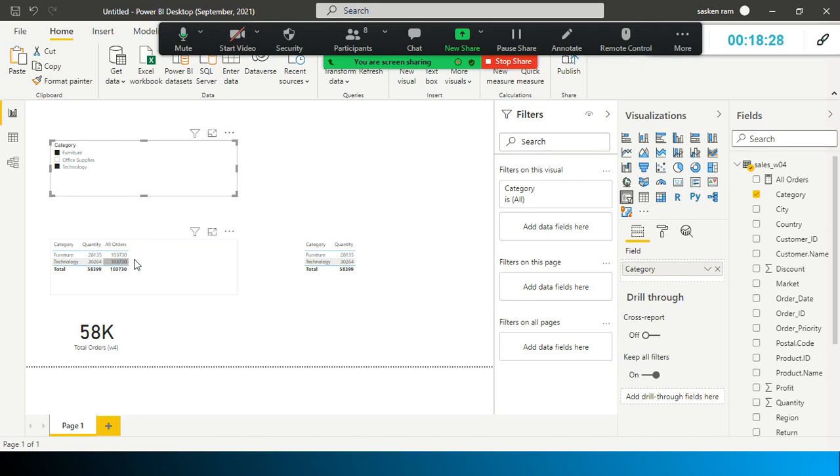That's the reason the total value is not changing here. Here it changes, but here it is not changing.